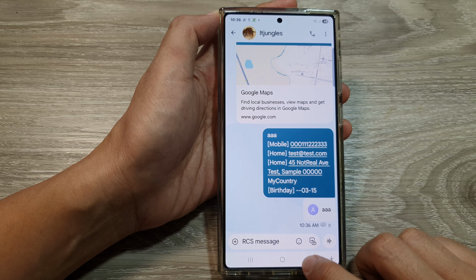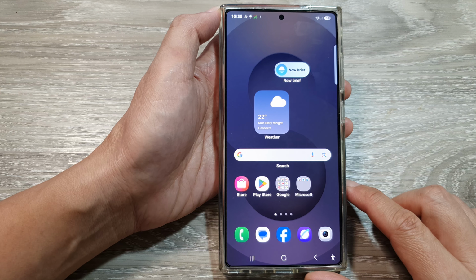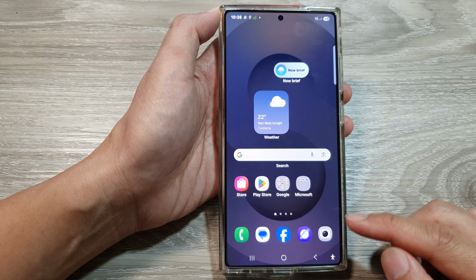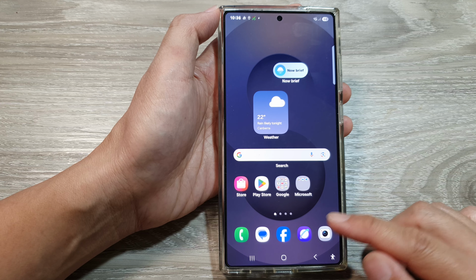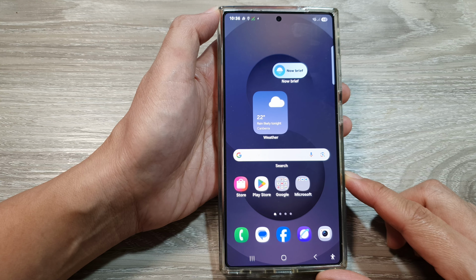And that's it. Finally, you can tap on the back key or tap on the home button to return back to the home screen. And that is how you can attach a contact details to your text messages on the Samsung Galaxy S25, S25 Plus, or the